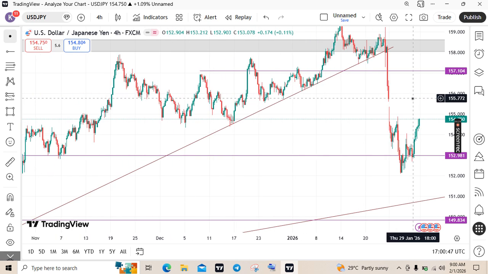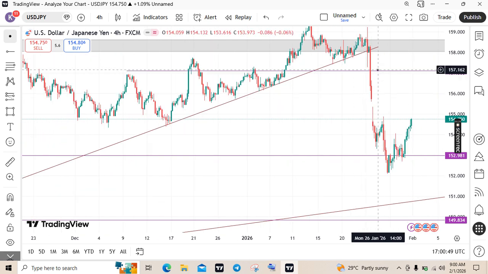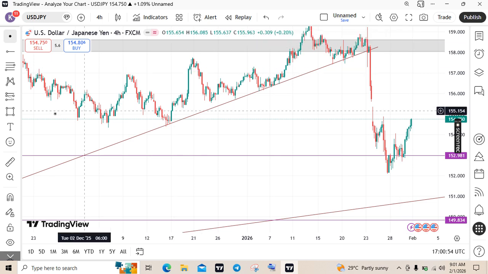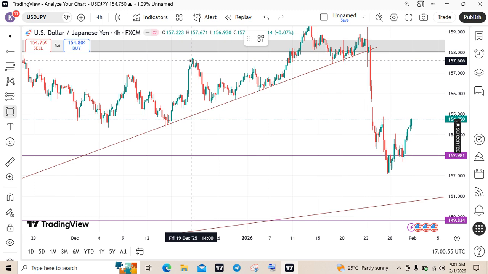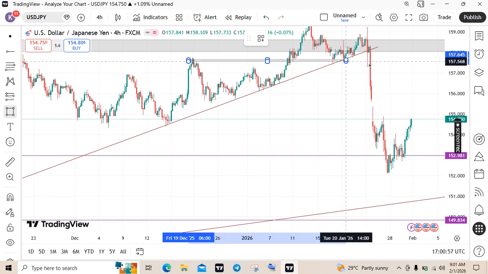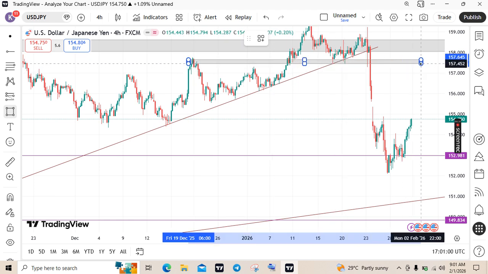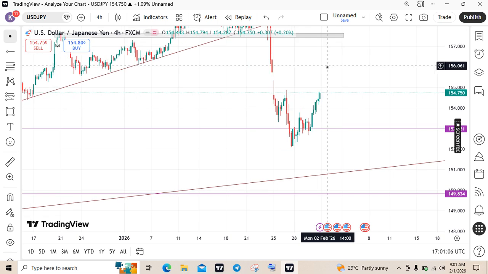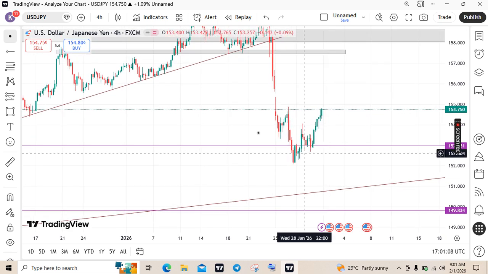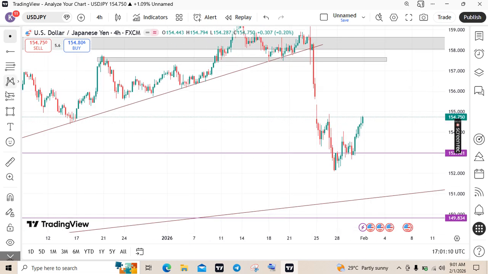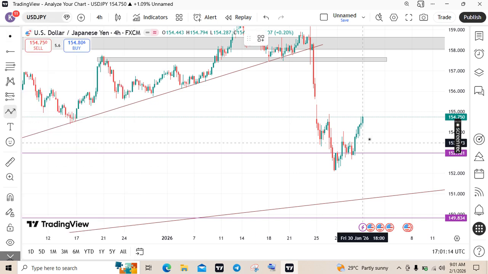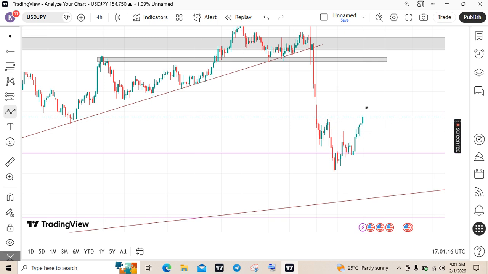What are we expecting? We are expecting that if GBPUSD should come to this level, if USDJPY should come to this level, we should be short. We should short USD. Or if it decides to go down, something like this. If it decides to go up here,